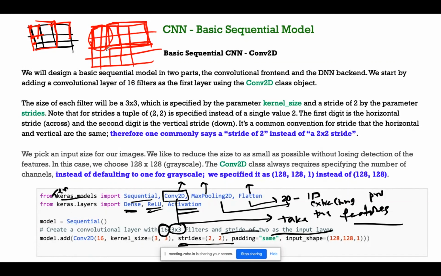That's how my striding will work. If you are using this, this is called the channels. Input equal to 1 channel means it's a grayscale image. If it is 3 channels, it means it's an RGB image.